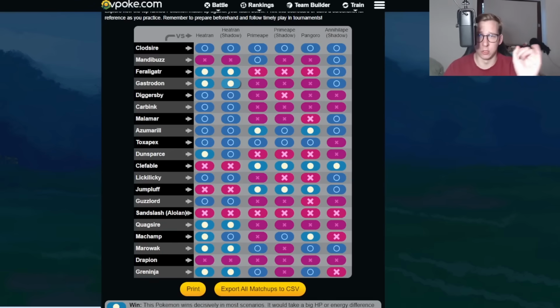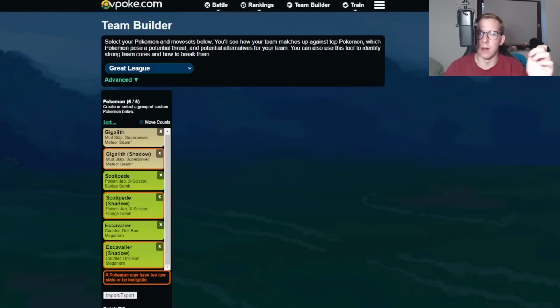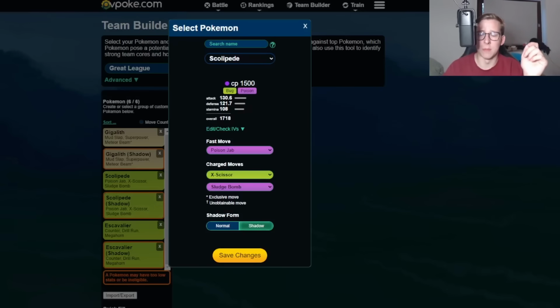So Shadow Primeape for sure is something to pick up for the Great League. Here we're going to have some other Pokemon, like the Gigalith, having access to Mud Slap, Superpower, Meteor Beam. We have the Scolipede. Scolipede is going to be, again, a Pokemon that I would imagine is going to have